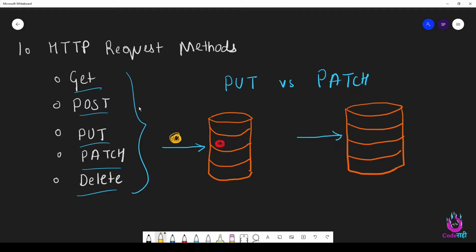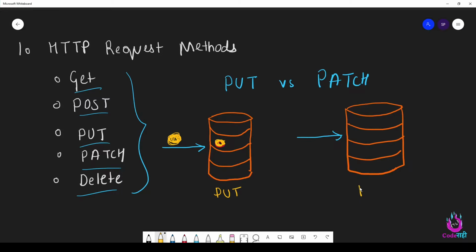One important thing to note here is that both put and patch requests can be used to update resources on the server. So what's the basic difference between them? In put request, when we send a request, we send a new payload, and what it really means is that in put request, we will exchange or replace the existing data with the new data. So this is kind of updation only, but instead of updating the resource, we are replacing it with the new one. So this existing resource will be replaced by this new resource.